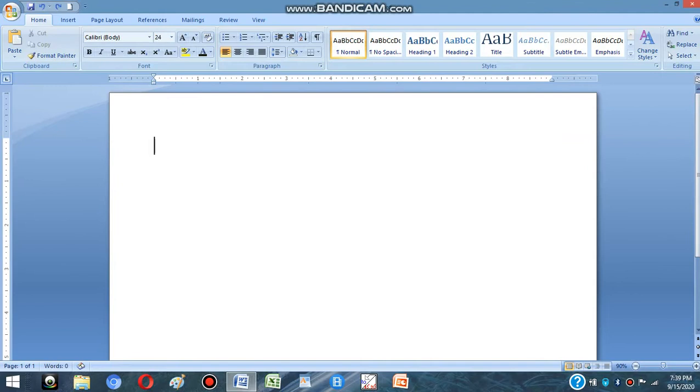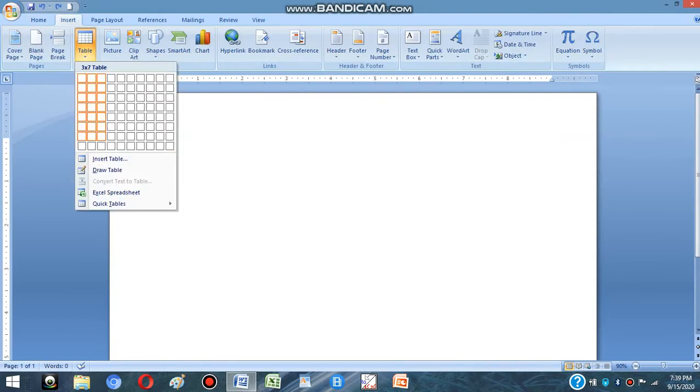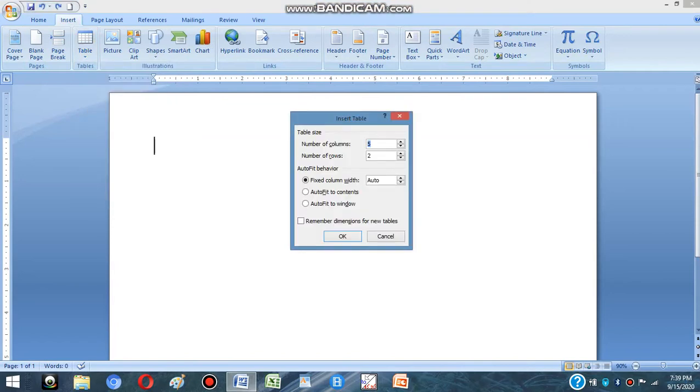Now let us see the second option, Insert Table. If we take this option, a dialog box appears. It will ask how many rows and columns we want in our table. So we can select fewer than 10, which we can do by grid also, and by choosing Insert Table we can select more than 10 also.